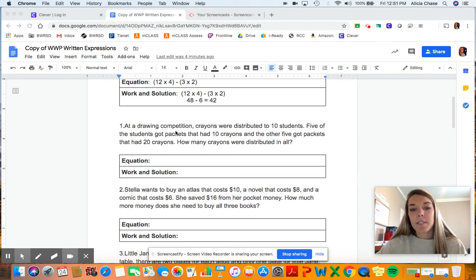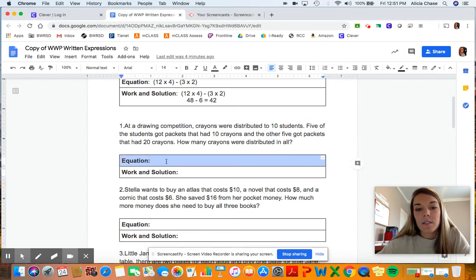At a drawing competition, crayons were distributed to 10 students. 5 of those students got packets that had 10 crayons, and the other 5 got packets that had 20 crayons. How many crayons were distributed in all? Okay, so let's think of what our equation is going to be. Their crayons were distributed to 10 students. 5 of the students got packets that had 10 crayons. So I know if there's 5 students